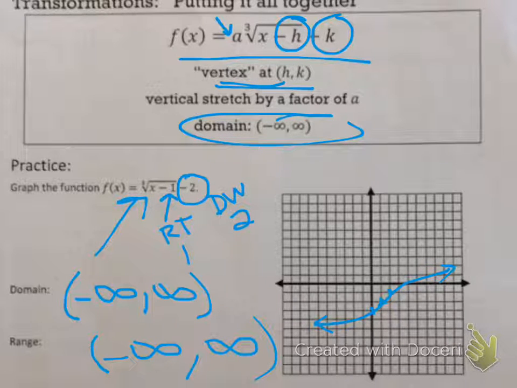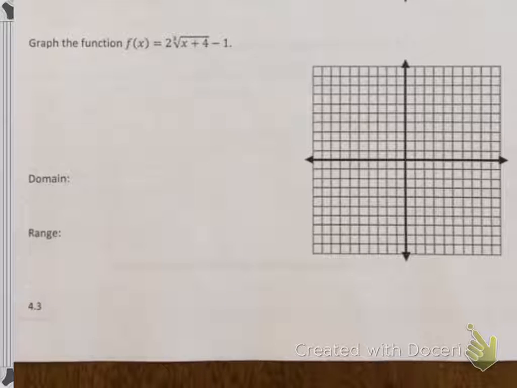All right, let's see if we got this one more time. Last problem here. The +4 asks us to move left 4. The -1 asks us to move down 1. And the 2 out front says multiply your y's by 2. So I'm going left 4, down 1